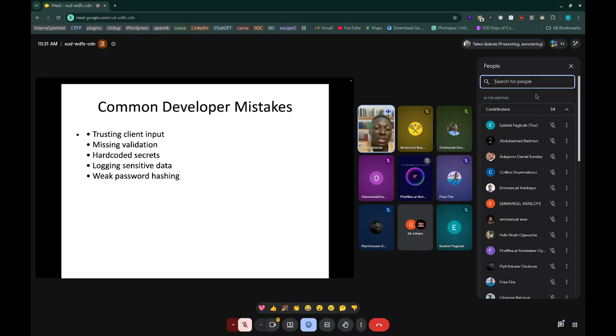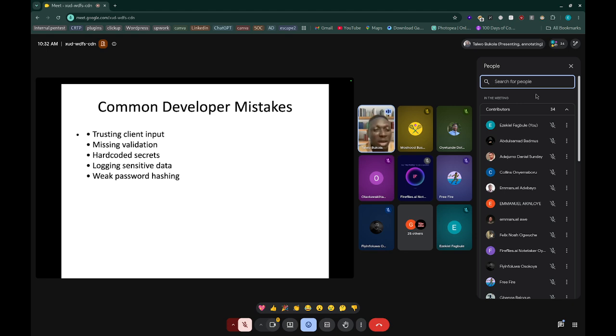The next one is logging of sensitive data. These are situations whereby sometimes we want to make things easier for debugging purposes. I want to log all the requests and responses coming in. But are those requests and responses sensitive data? Now you are logging someone's card details, you log the person's PIN, or someone is logging in and you are logging their username and password. Do you trust your monitoring team? If somebody has access to your log, the person can go ahead and spool out all that data and use it to log in, right?